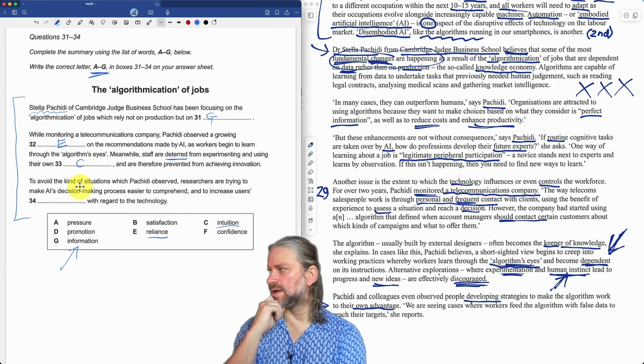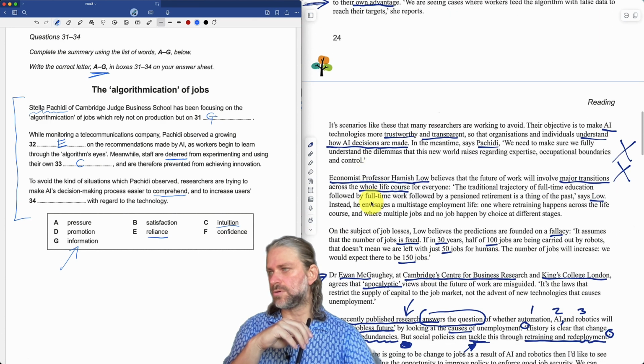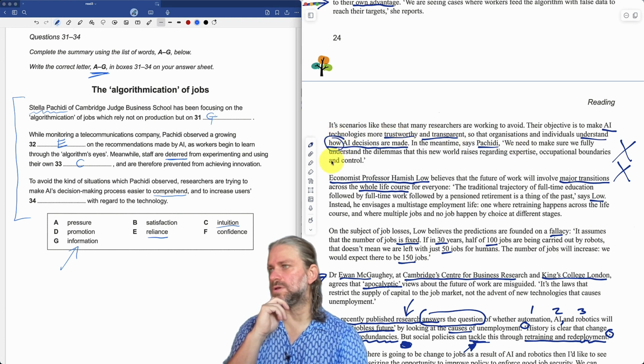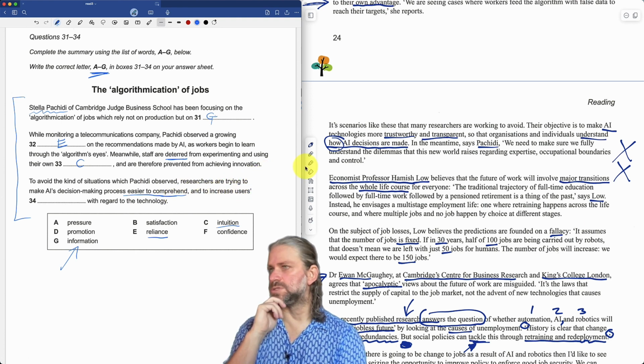And here, to avoid the kind of situations which Pachidi observed, researchers are trying to make AI's decision-making process easier to comprehend, to understand, and to increase users something with regard to the technology. Okay, so people need to learn, or people need to know how the decisions are made. Keyword there. Decision-making process easier to understand. And to increase users, okay,